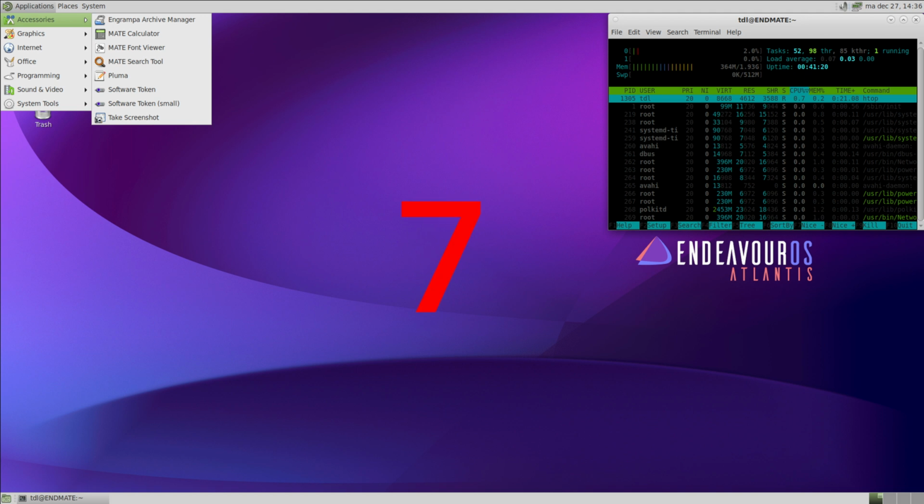On 7th place we have the Mate desktop environment. The Mate desktop environment is a continuation of the GNOME 2 desktop environment. It provides an intuitive and attractive desktop environment, although to me it looks like the desktop environments from when I started using Linux about 15 years ago. Although it's very adjustable and can be made to look nice, I must say the Endeavour team created a minimally adjusted desktop using this desktop environment. It uses about 364 megabytes of memory after a clean boot.